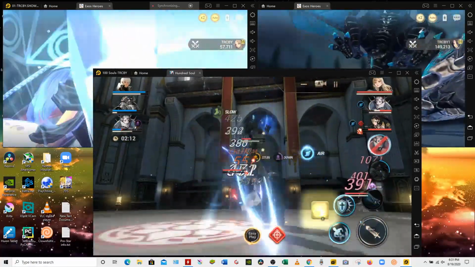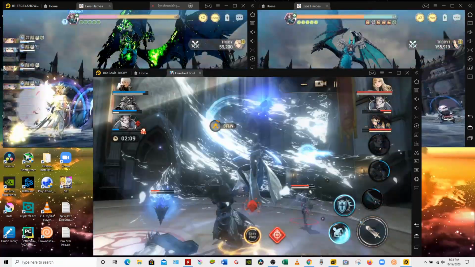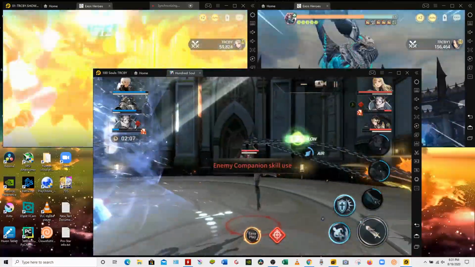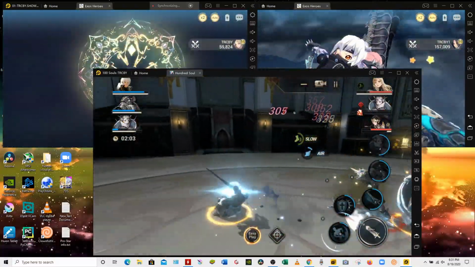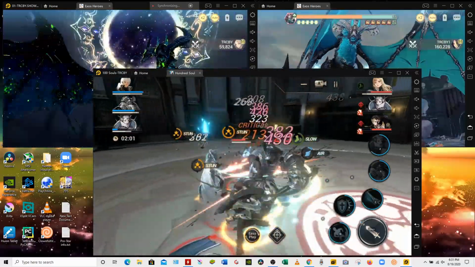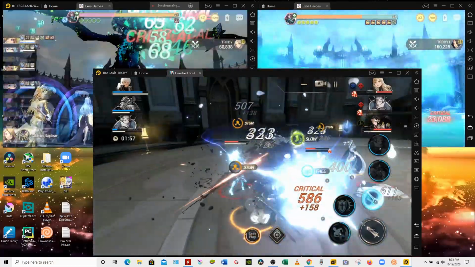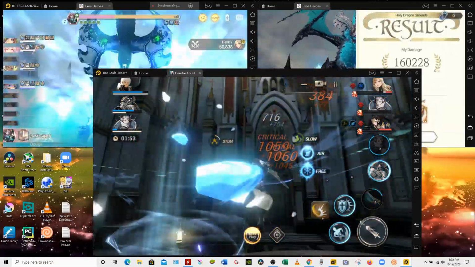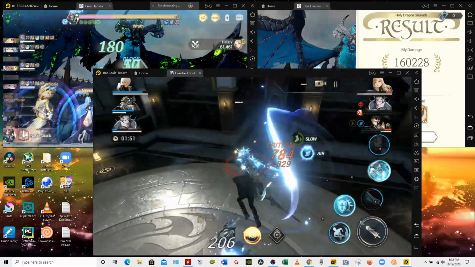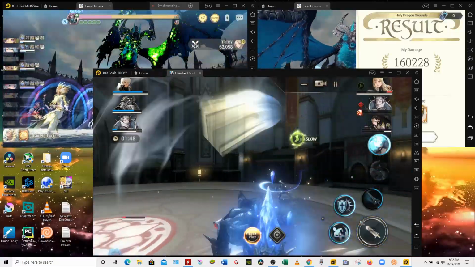But that's just what I do during my play session. I'm thinking they really should have a built-in quick battle feature for the Holy Dragon ground, because it just eats up a lot of time. But I don't know, I'm not sure. Let me know what you guys think about that. I was able to break 160 for my alt account,